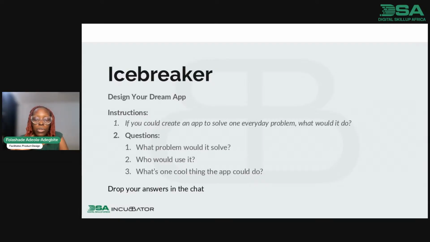Someone says, I would create an app that connects tenants directly. Oh my god, with no agent. Let me not say anything. You would create that, where tenants will meet the landlord directly. They don't even need to have a physical conversation. Just on the app, they'll chat, and from there, without tenancy.